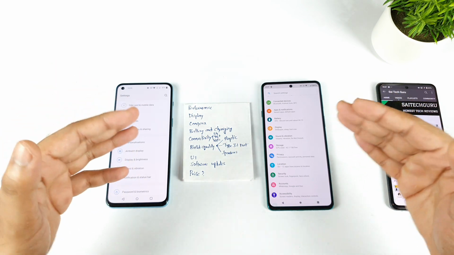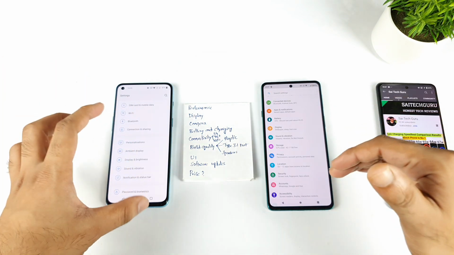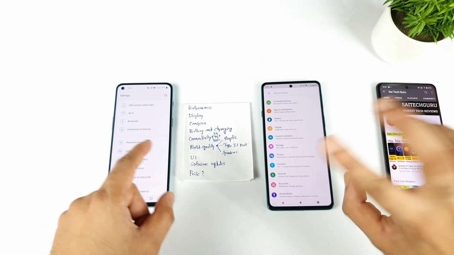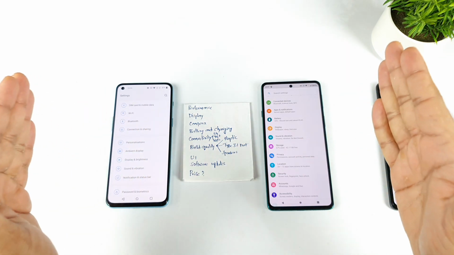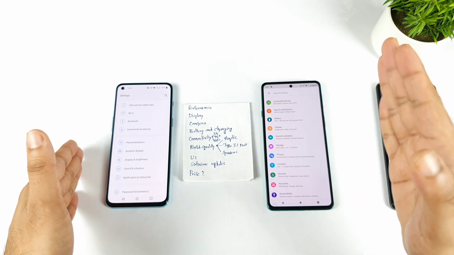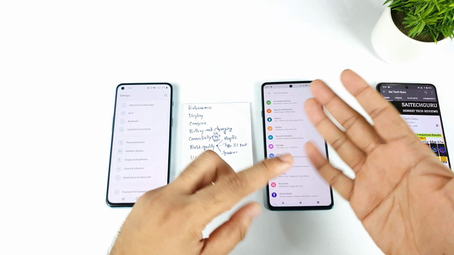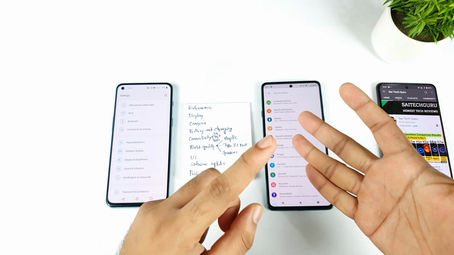Whatever the company is claiming is different from what we get, and you should definitely understand that. I did upload separate videos as well, you can check those videos. But overall, in each and every category, the Moto H20 did dominate the OnePlus Nord 2 in terms of the display segment: in the refresh rate, in touch sampling rate, and in display quality.